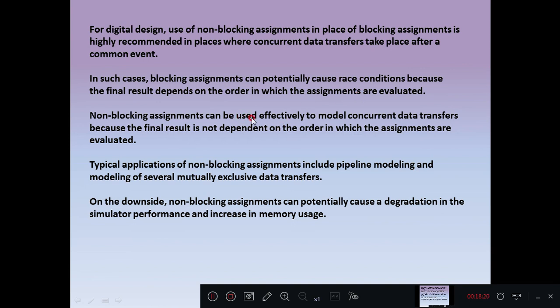Non-blocking assignments can be used effectively to model concurrent data transfers because the final result is not dependent on the order in which the assignments are evaluated. Typical applications of non-blocking assignments include pipeline modeling and modeling of several mutually exclusive data transfers. On the downside, non-blocking assignments can potentially cause a degradation in the simulator performance and increase memory usage.